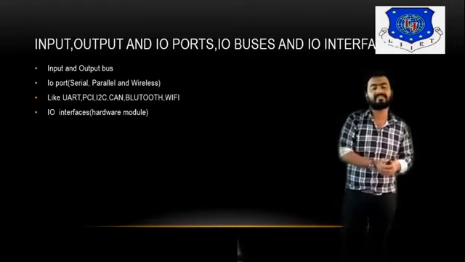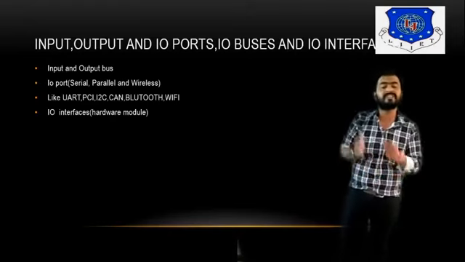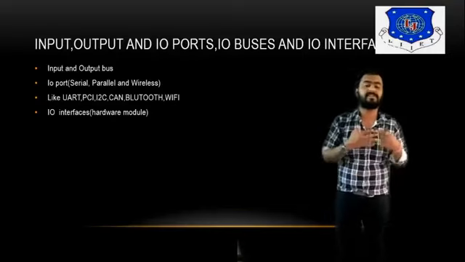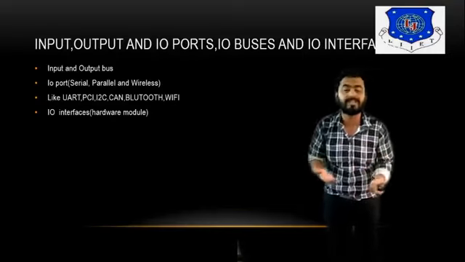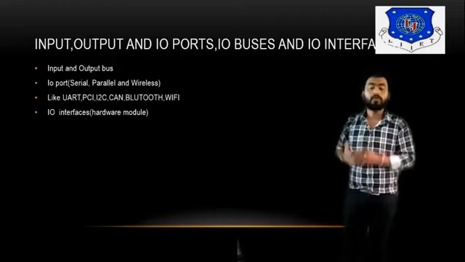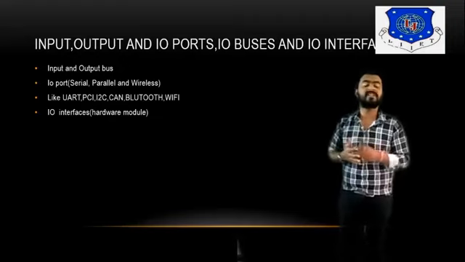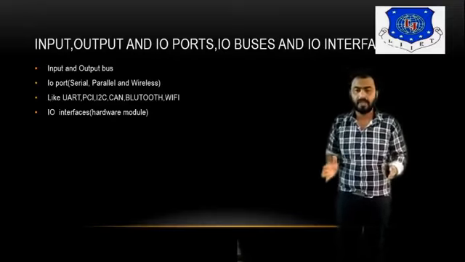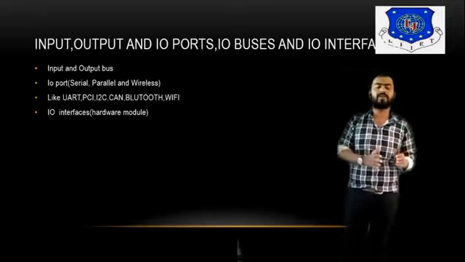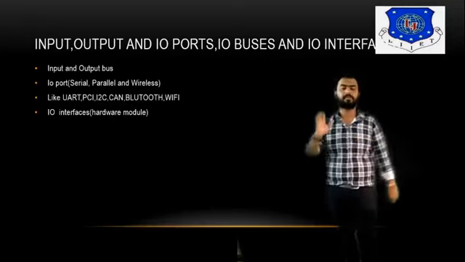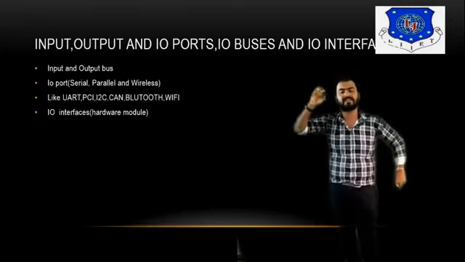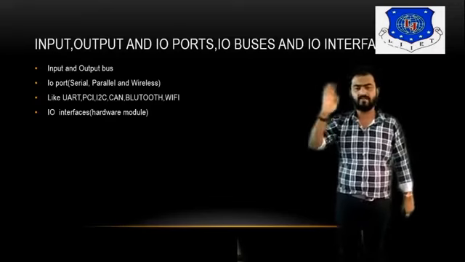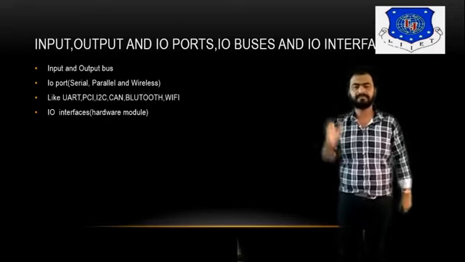Suppose your sensor supports the I2C protocol, then you have to use that particular pin. Suppose you want to use Bluetooth, then Bluetooth generally supports the UART protocol, so you have to use that particular pin. So input and output pins play a main role. First of all, you have to be clear about that: which pin works as an output and which pin works as an input. And if you're talking about the port, then we are talking about different types of interfacing models: serial, parallel, and wireless. Right? Okay.